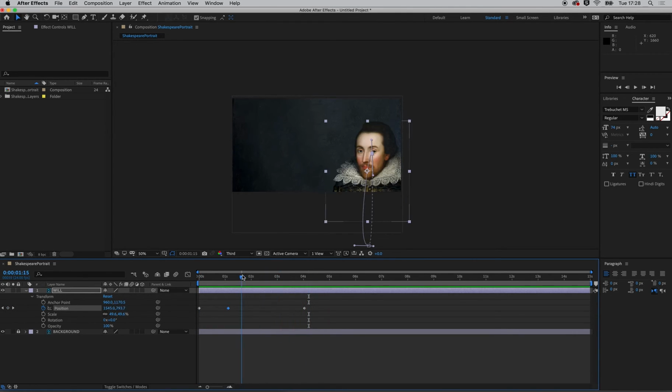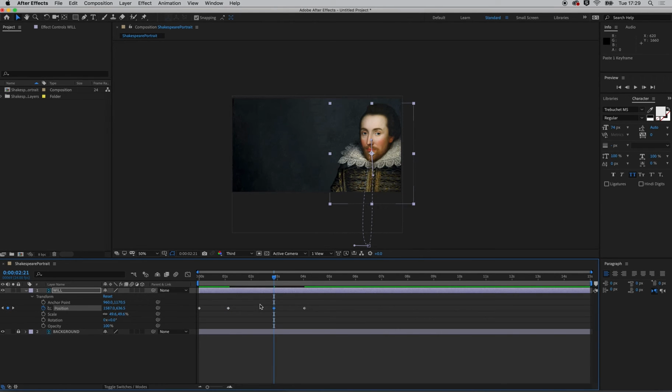Now, if I want him to stay in some place, I need to copy this keyframe for the amount of time I want him to stay. So I'm going to copy that one by hitting Command C. Move my playhead to where I want it to be. Make sure that I'm still on this layer. It's a lighter shade of purple. If you notice, it's kind of grayed out there. This is the layer that's active. I'm going to hit Command V to paste. So now, between these two,